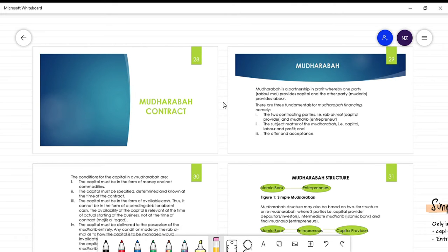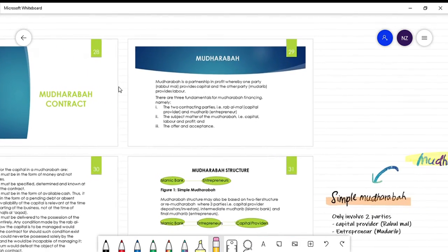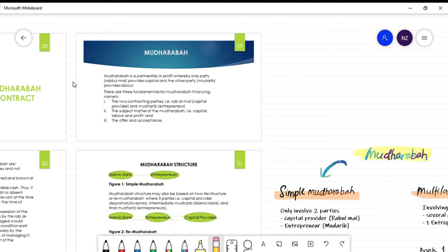But still under accounting for financing product, here is the third contract lah, iaitu Mudharabah contract. So, we already learned this in chapter 3. So, we all know Mudharabah is kita punya one of partnership contract where it involves two parties dalam kontrak ni, iaitu the capital provider and the entrepreneur, where the capital provider is mostly and probably the bank.